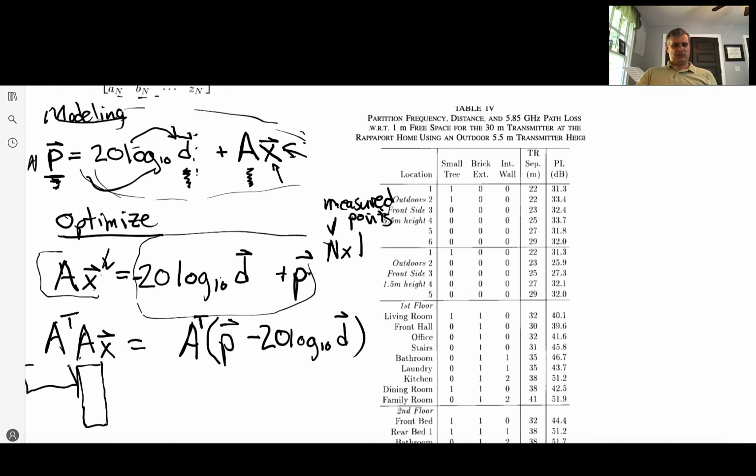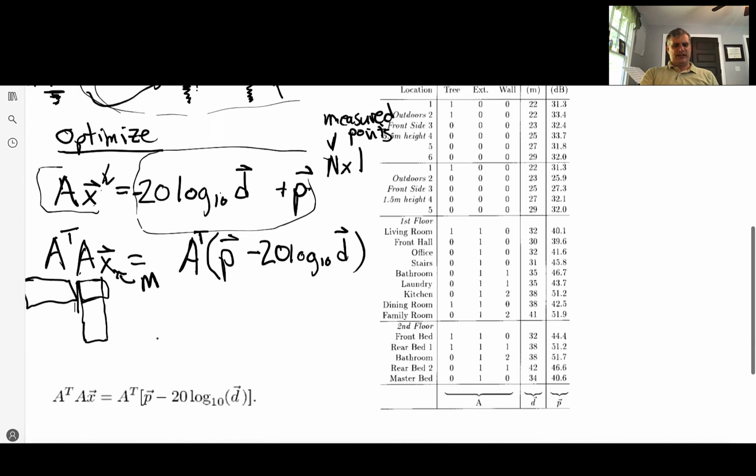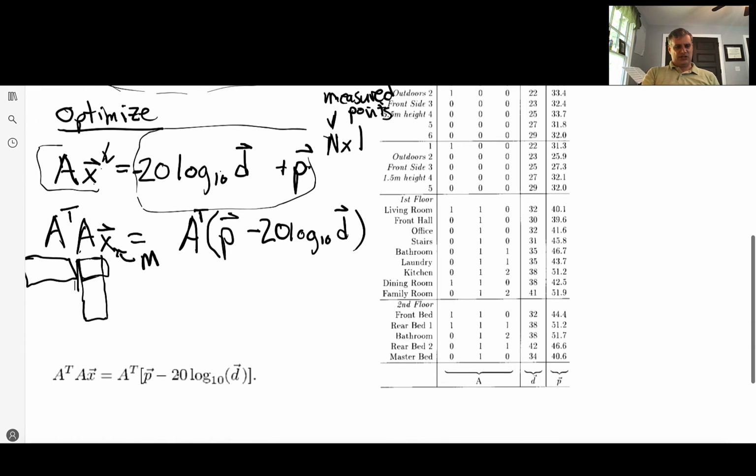We take A transpose and multiply it, we'll get basically, if this X has m elements, we'll get an m by m resultant from that, a square matrix, which of course is then invertible, and then I can solve it. And it turns out that that's exactly what this equation is. This equation actually has a special name. It's called the normal equation. And solving the normal equation gives you the minimum